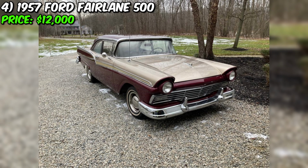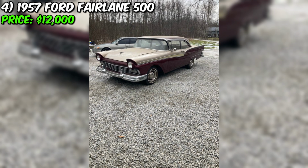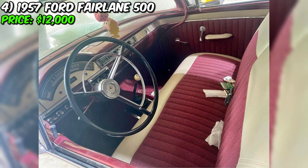4. I present to you a unique opportunity to become the owner of the delightful 1957 Ford Fairlane 500, which is offered for sale at $12,000. This car, undergoing a complete restoration 12 years ago, is a true masterpiece of automotive art, combining elegant design with power and reliability. With 85,000 miles on the odometer